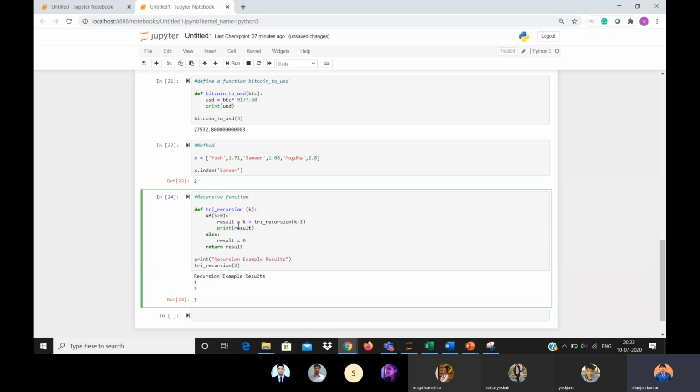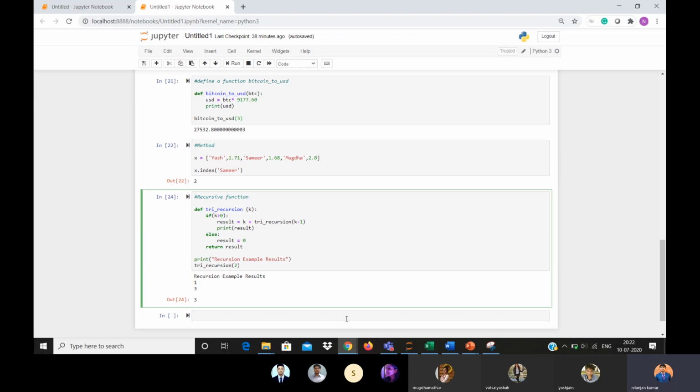Yes, so result is 1. When we saw try recursion 1, it was giving 1. So now if we are taking 2, k is 2 and try recursion k minus 1 is 1. So 2 plus 1 is 3. That is why it is giving the result as 3.